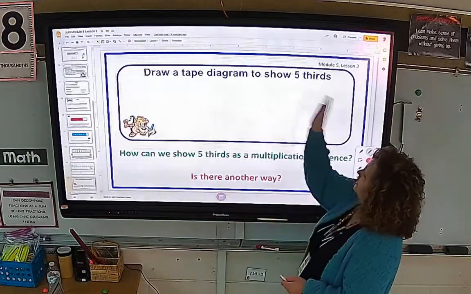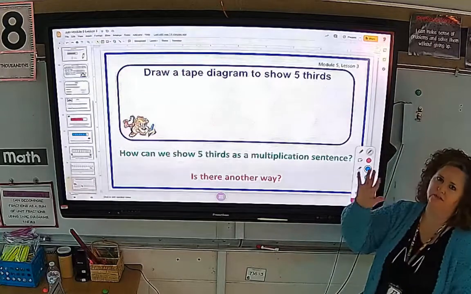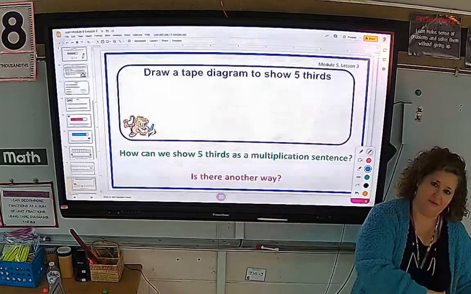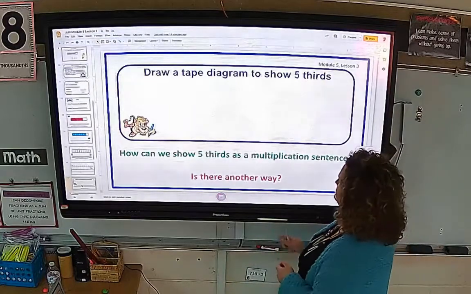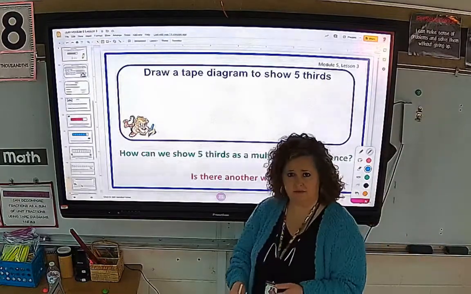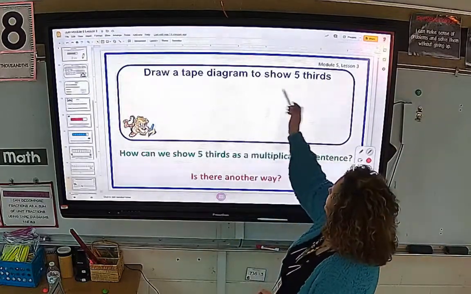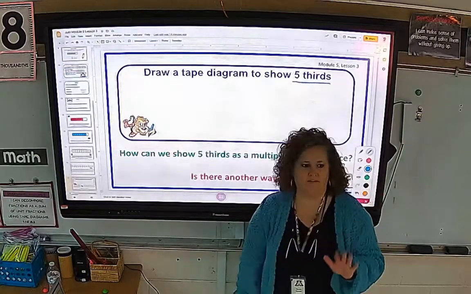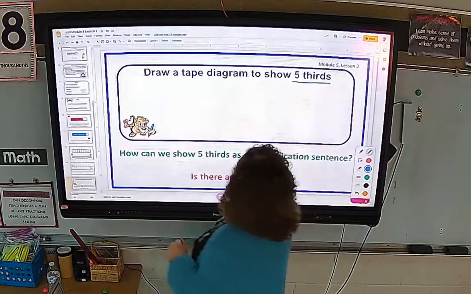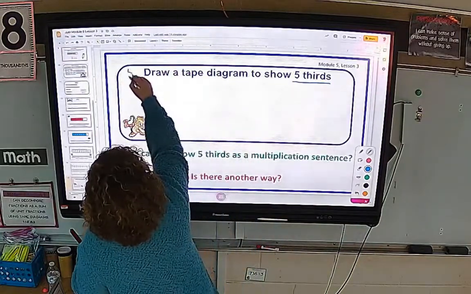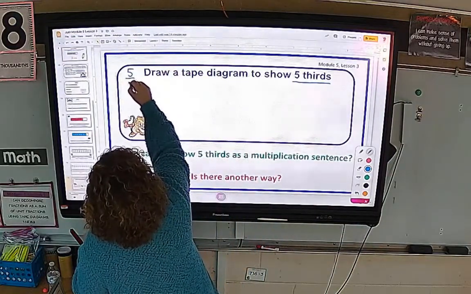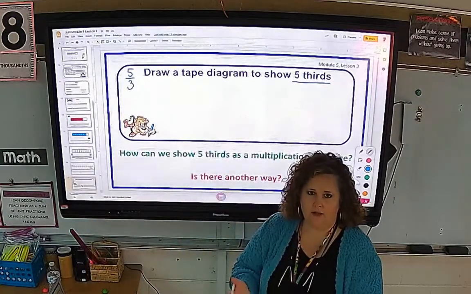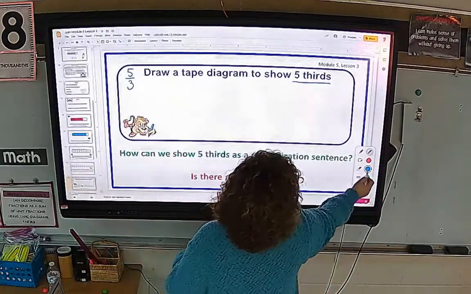Draw a tape diagram to show 5/3. So this time we're not being given the tape diagram first. We're being asked to draw the tape diagram. And yeah, I do want you to practice this. Draw a tape diagram to show 5/3. Okay? If it helps you, write that in number form first. 5/3. Okay? Now, this tells you